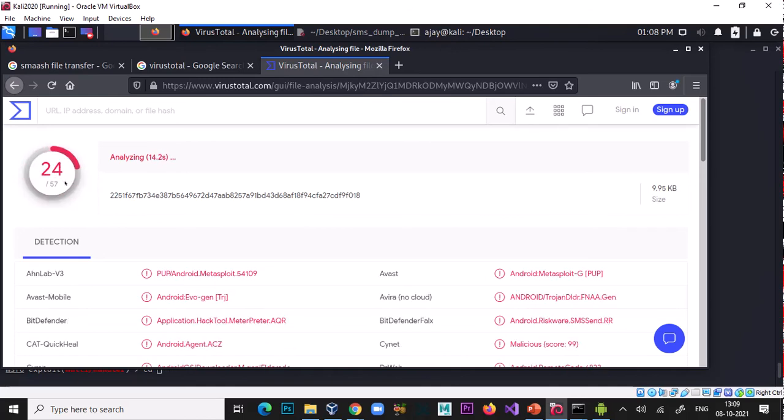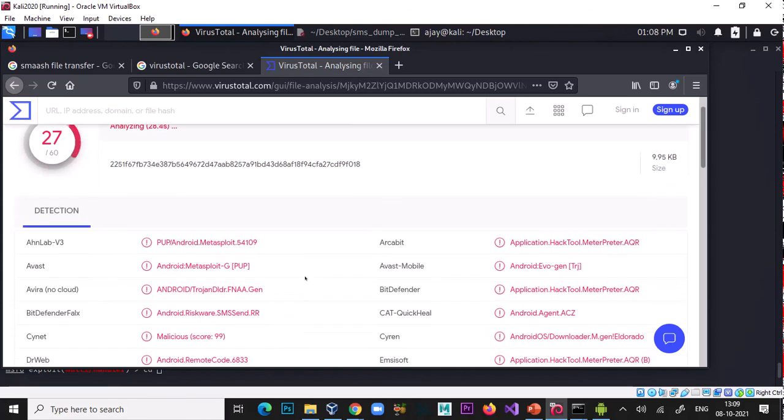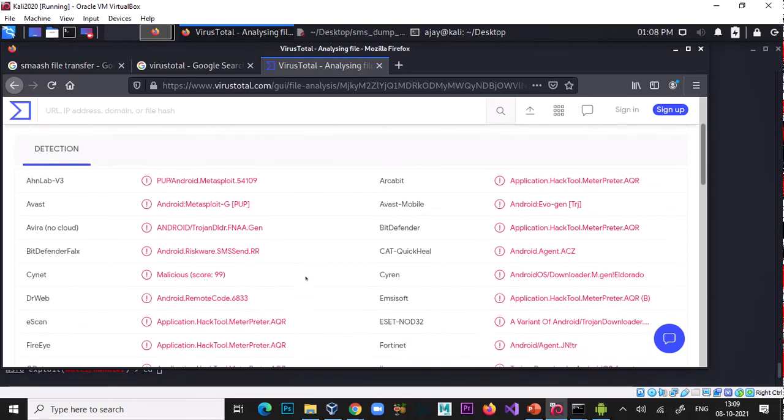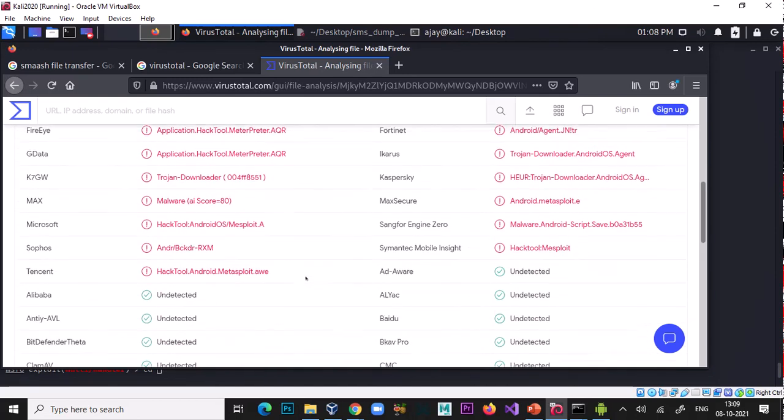So almost 24 out of 57 antiviruses tell it is a harmful file. It is a Metasploit Trojan. Some say it is a Trojan and some say it is a Metasploit.